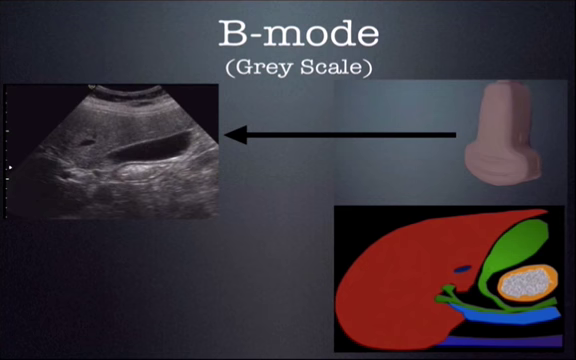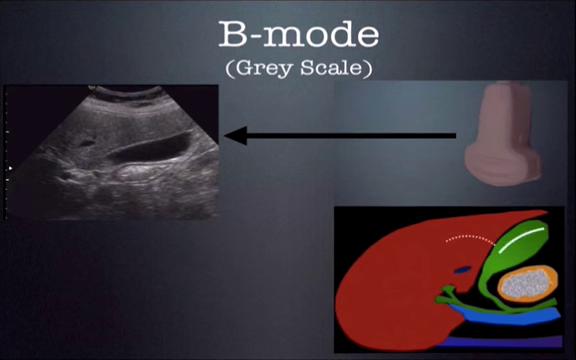This is called B-mode ultrasound. This is going to be the most common mode of ultrasound that you're using. And the B in B mode stands for brightness mode. It's also called grayscale, and that's very intuitive because you have a whole host of shades of gray that is